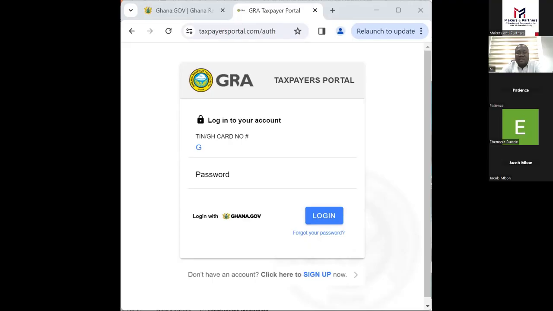But 402 Ghana cedis per month, which means you are above the threshold. Is there any clarification here before I proceed?